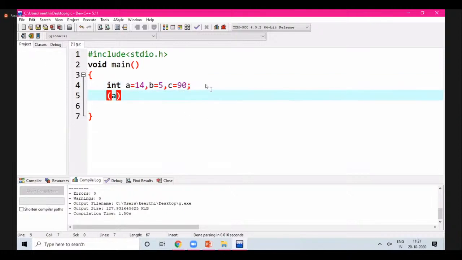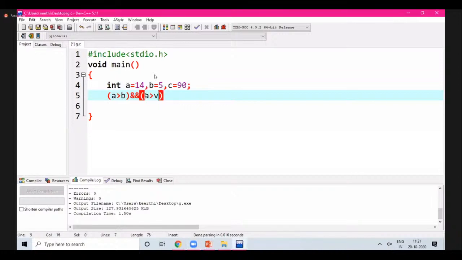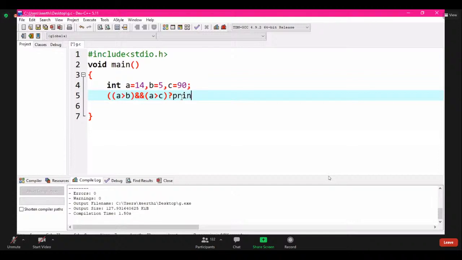First, you are verifying the condition: is A greater than B, then you are going to verify A greater than C. Okay. If this complete expression is satisfied for true, that is if A is larger than B as well as A is greater than C, then you have to print A is greater. So you can simply say A is big. I'm just giving you small things. You can make it flexible according to your choice.